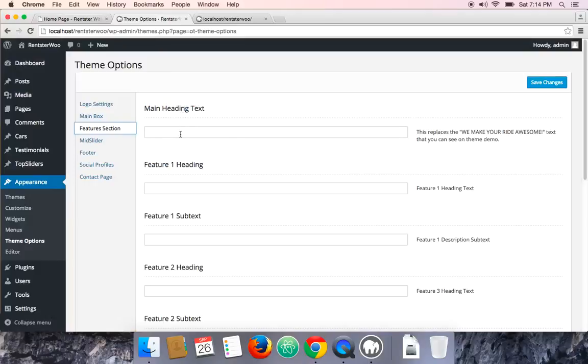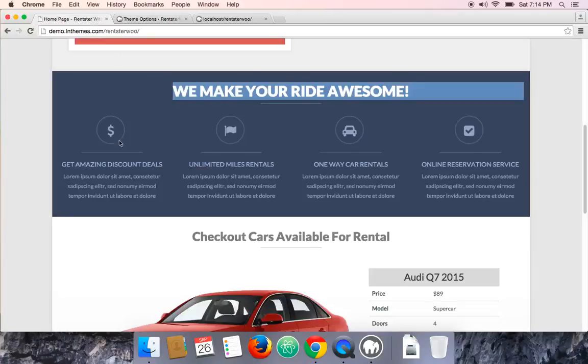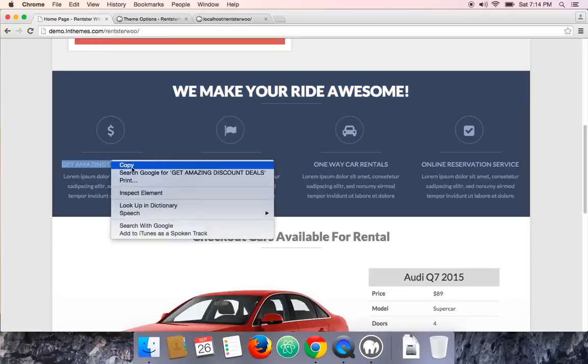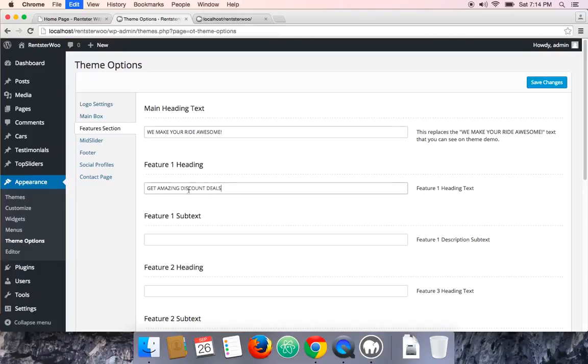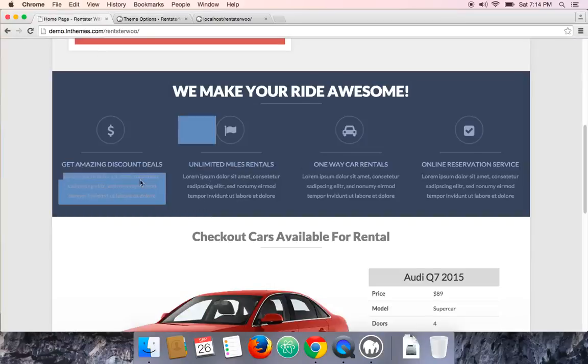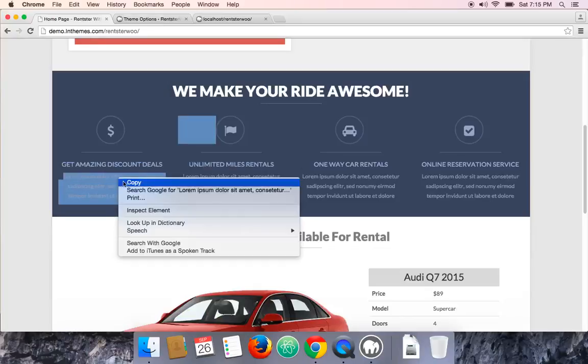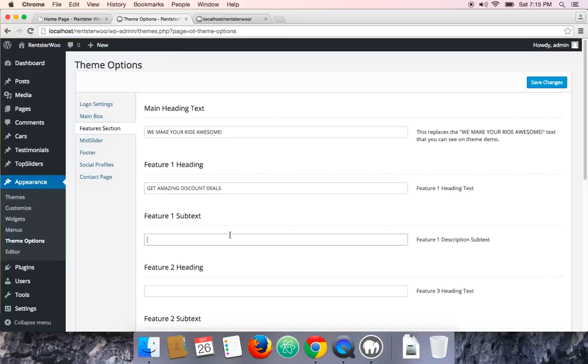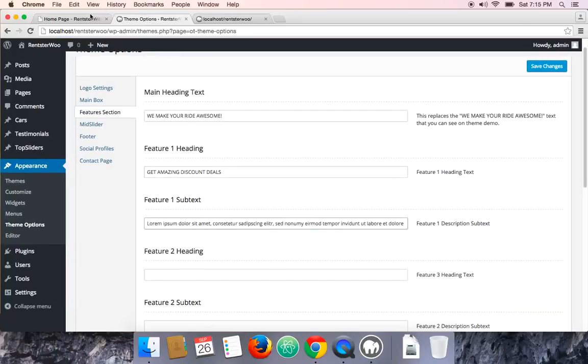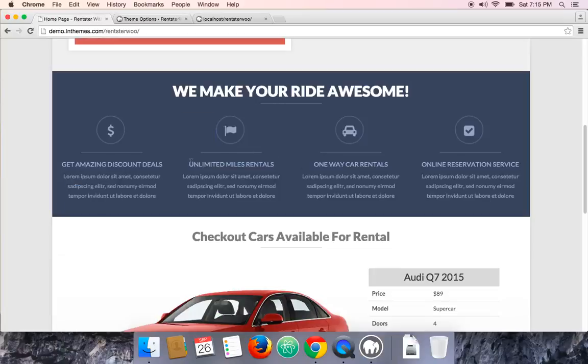So the main heading goes here, and then you have this first heading, first feature. It should be going to this feature 1 heading, and then you have this description that should be going here, and then we'll quickly copy all these features one by one.